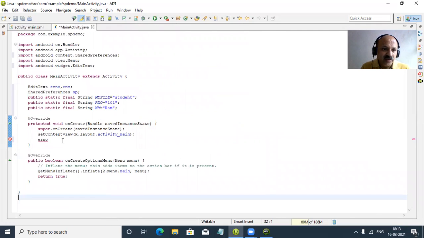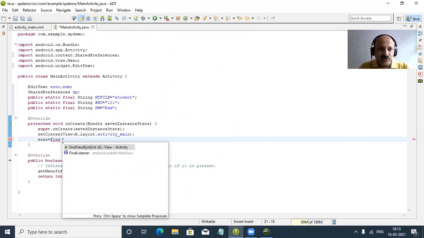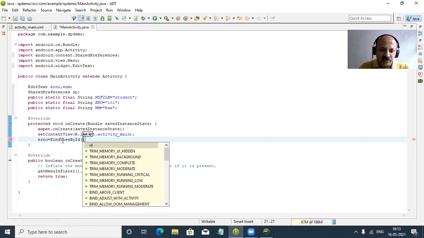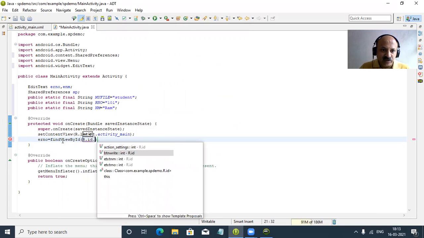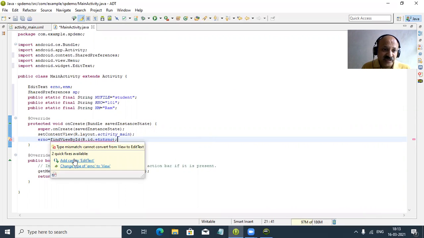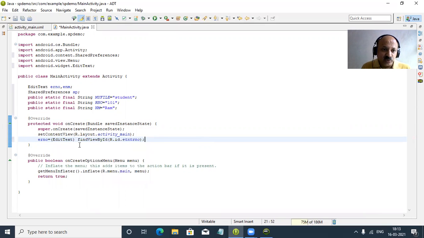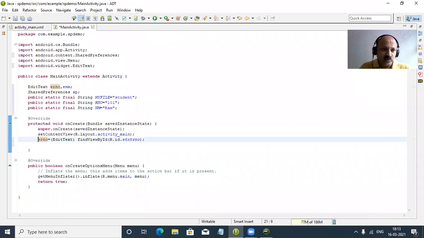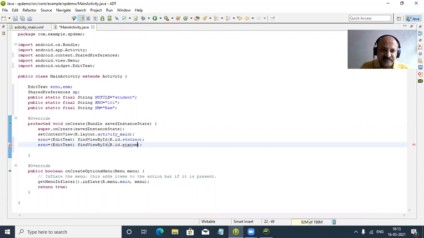Here we can take the ID from the R.java file. findViewById is a method of the Activity class, and R.id.etxt refers to our EditText, and all button IDs are referred to in this library. The findViewById return data type is the View class, so we need typecasting. Now the same process: I copy this line and paste. Here is the EditText name field, and here the student name.